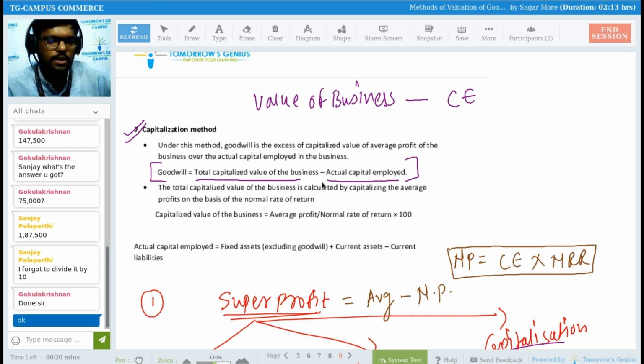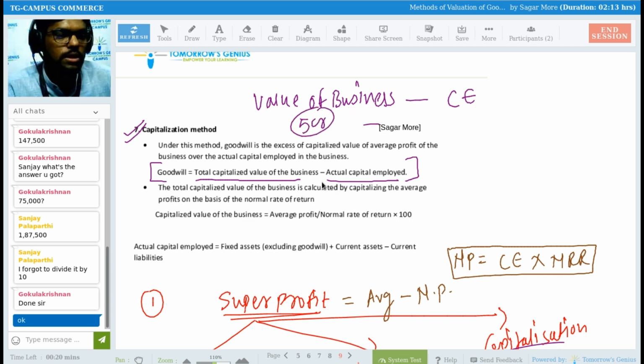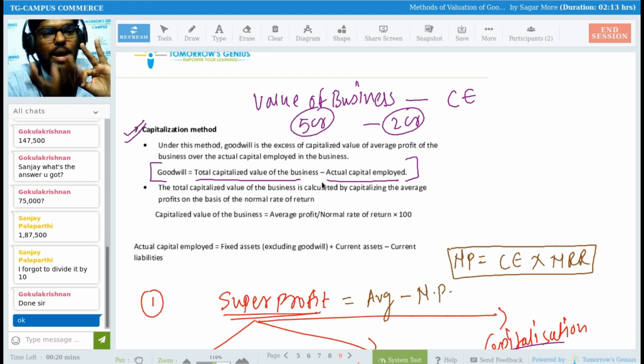When you started a business, at that time you invested 5 lakh rupees, right? With the help of 5 lakh rupees you started a business. So what is today's market value of the business? That is nothing but the value of the business. You are running this business over a period of 50 years, and today's value of the business is somewhere around 5 crore. And what is the market value of your investment? The market value of investment is only 2 crores. It means the 3 crore rupees of extra value of your business is just because of your goodwill.